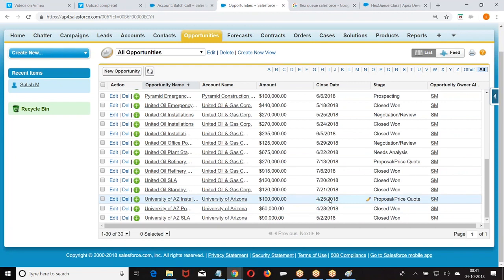Yes. As I told you, as you execute, it will come to the flex queue. It will check the availability of the queue. If availability is there, it takes the job from the flex queue and adds it to the queue. If not, it waits in the flex queue until the queue is available for you. Right?